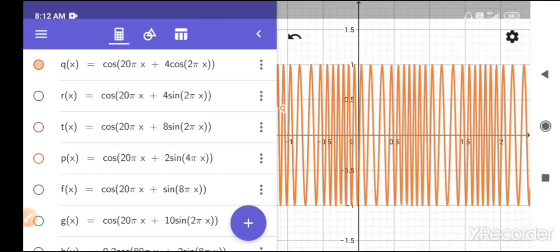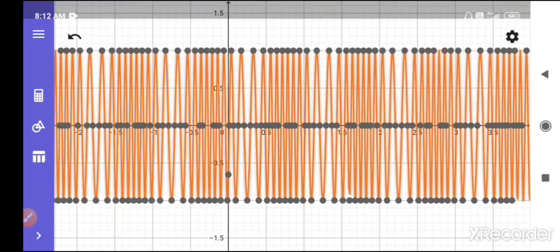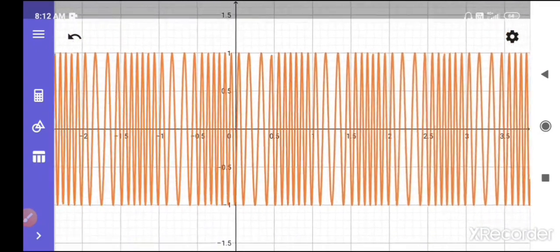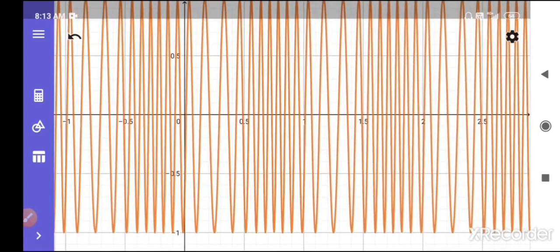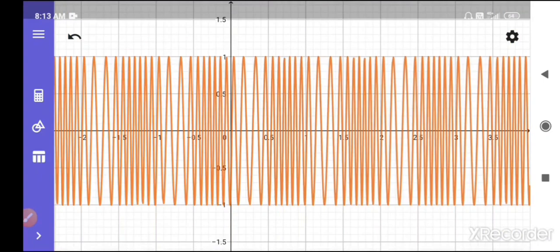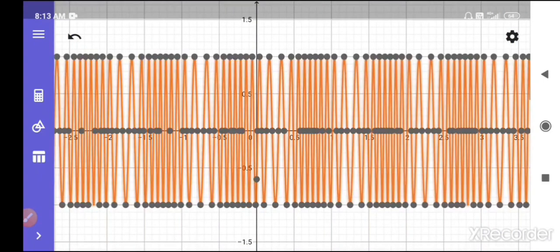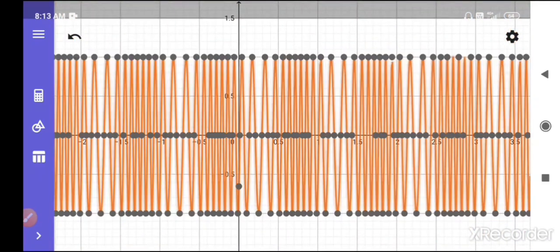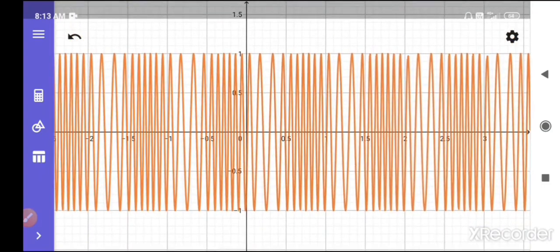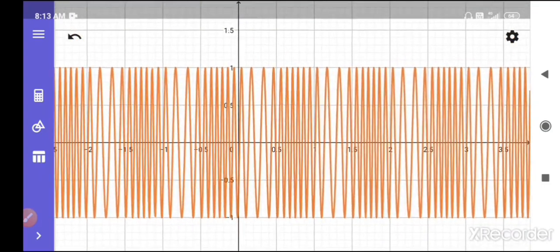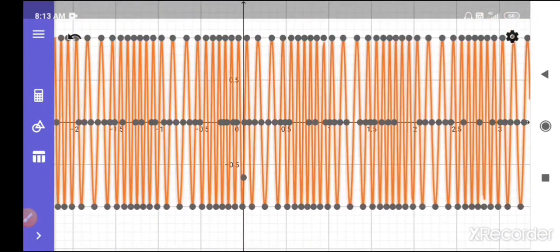Okay, and here also we can observe the same high frequency, low frequency, then the high frequency, and the consecutive high and low frequency happens similar to FM. For example, the place where the high frequency and low frequency occur is different, right? So here we can observe at the origin